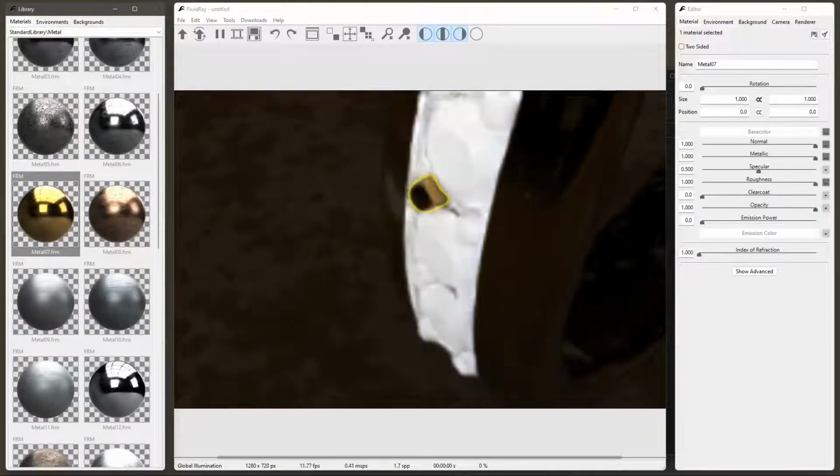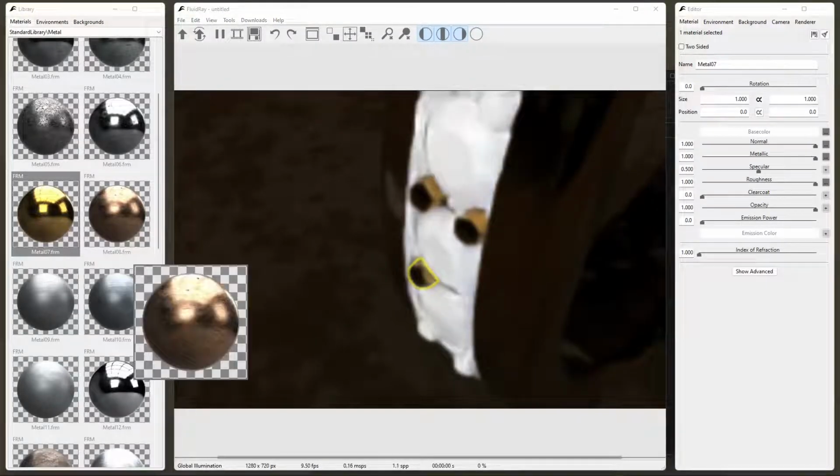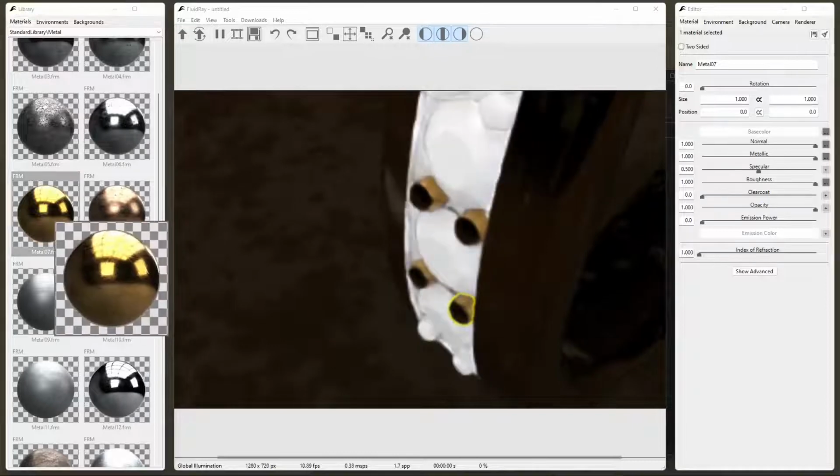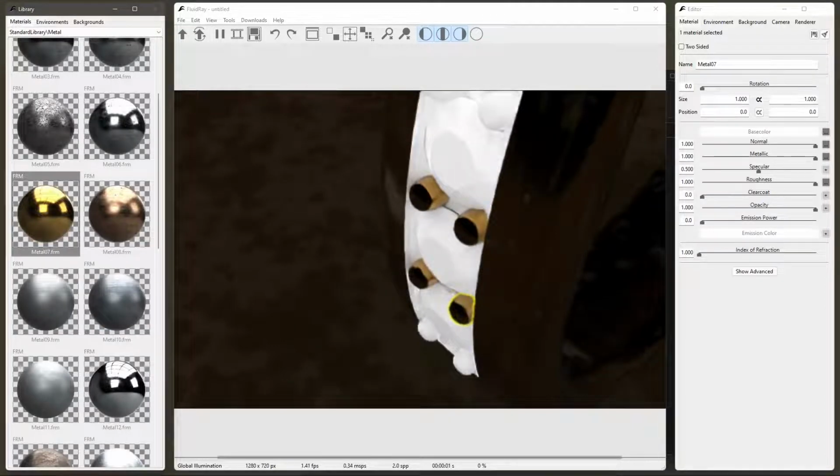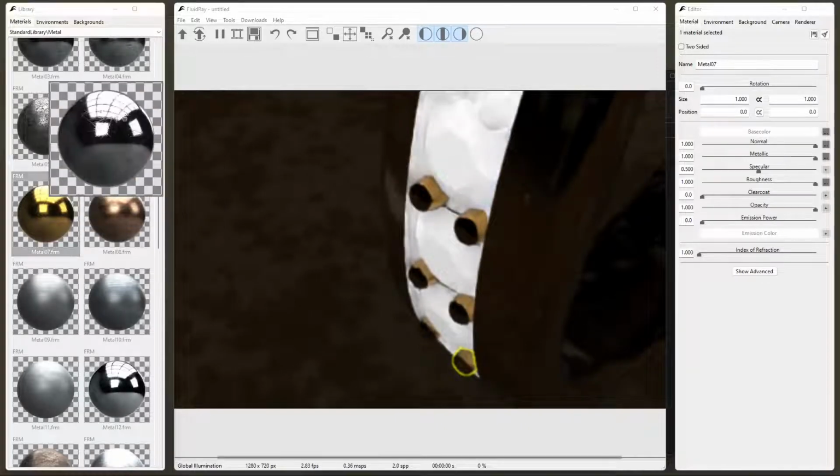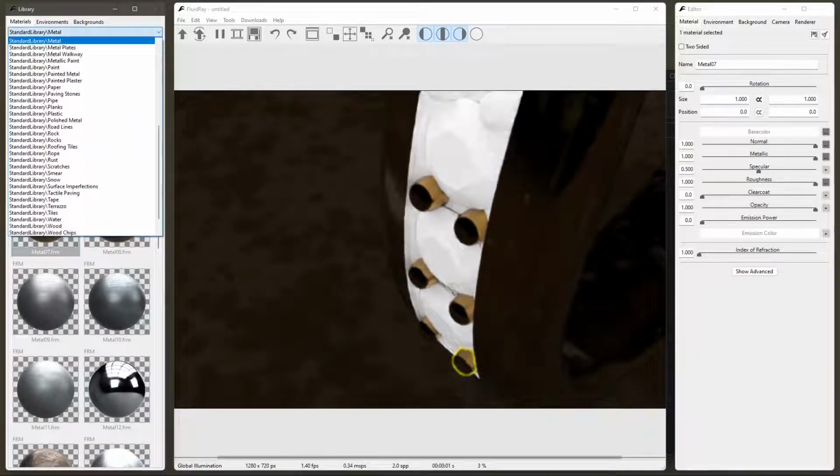But if we get closer, we can see that this model has a lot of little elements, so it's going to take really long to apply it one by one by clicking, dragging and dropping. So what I'm going to do is apply on everything, but first I want to apply some